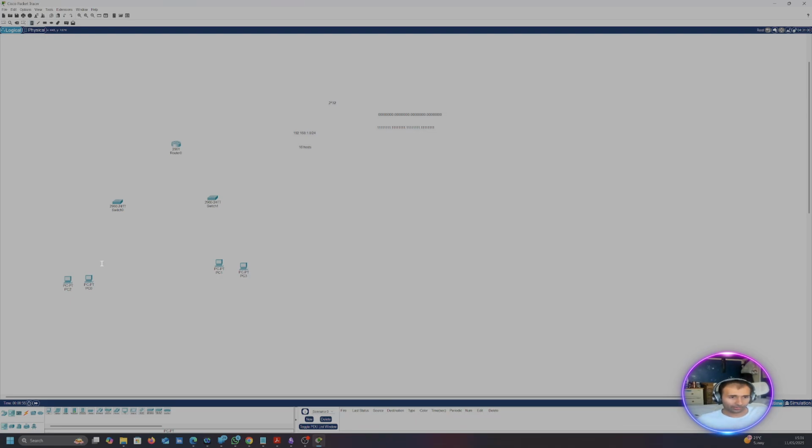Okay, so we have 16 hosts, so we need to divide our bits up. What does that mean? It means that in this particular IP address, because you have host bits and network bits, if we look at our octet, we have /24. /24 is our subnet mask. What does that mean? It means that 24 of these bits are on. So what does that mean? It means that with /24,